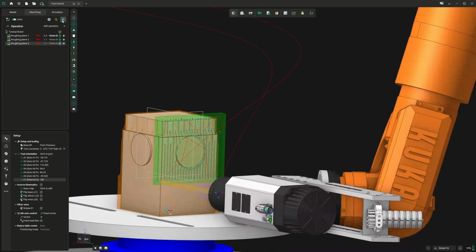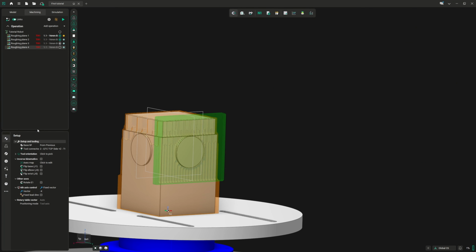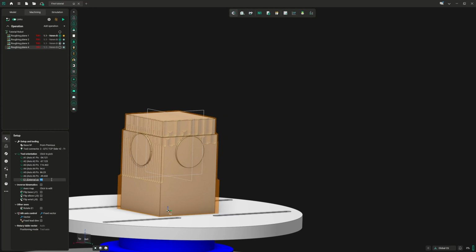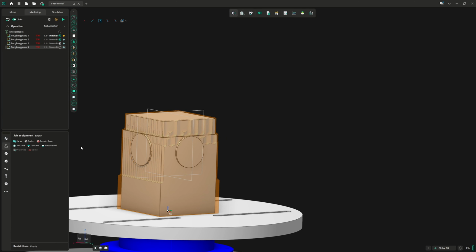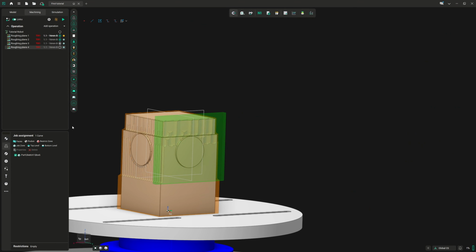Calculate. Perfect. Now we want to duplicate it again, but now we want it to be 90 degrees, and we have to delete this one, and we will select this one. Is it the right one? I guess so. Yeah, that's the right one. Okay, calculate